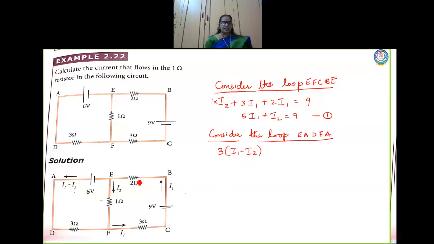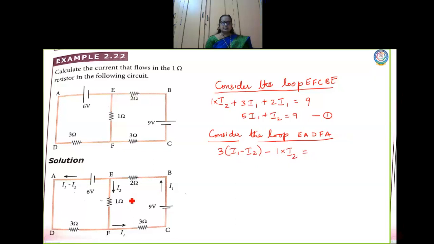Right, next look carefully here. Current is flowing here. In this lead it is from A to D, here from D to F. But look at the direction. Actually my assumed direction is from F to E. But the actual direction, look at the direction, it is I2 which is coming down. So in this case, the current is I2, resistance is 1, but my direction is opposite to the direction of current. So I will have a minus sign into 1 into I2. Is it clear now?